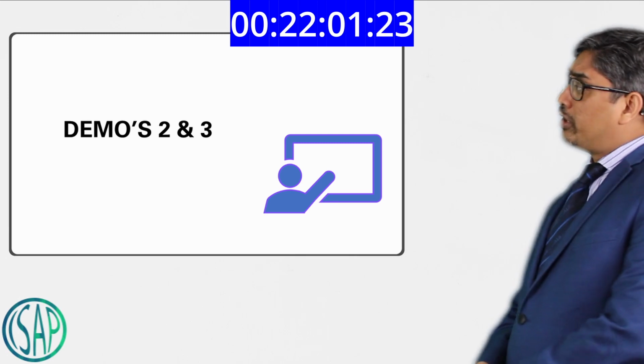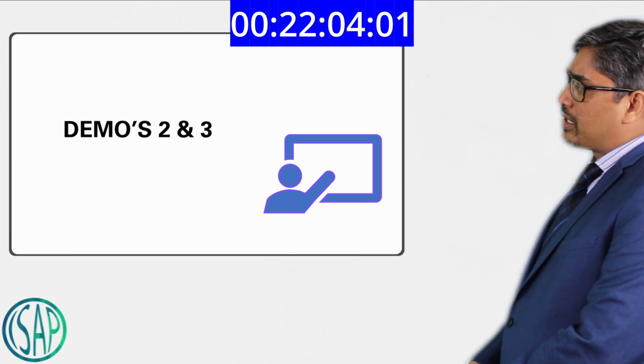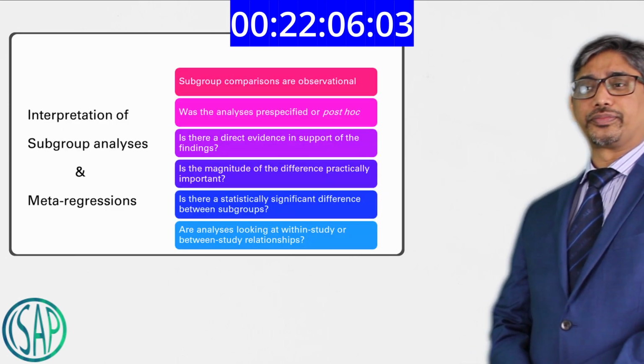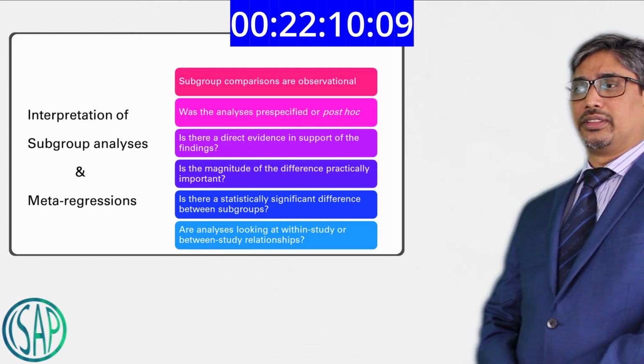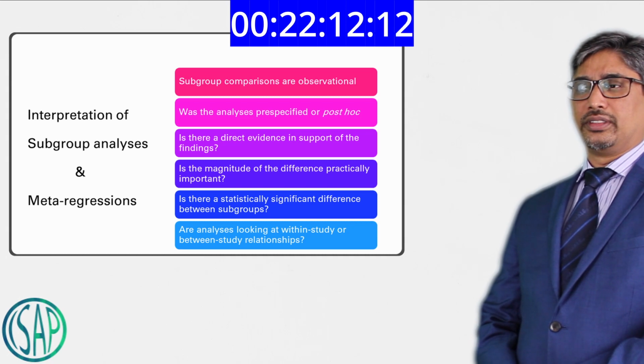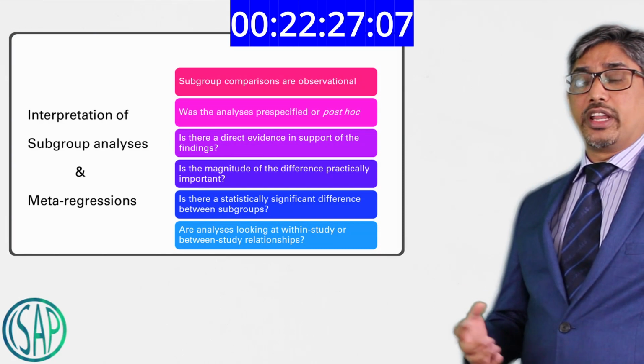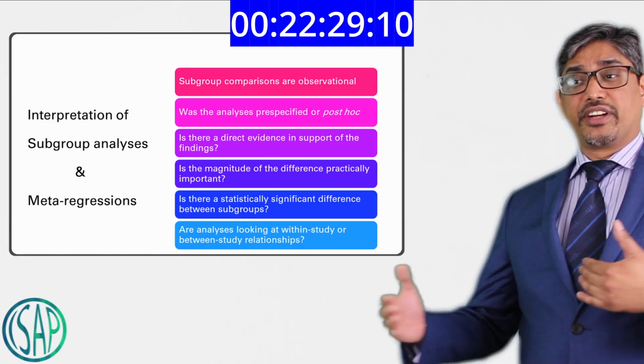Charlie, how will you interpret this subgroup analysis and meta-regression results? So I think when you analyse the meta-regression, you don't take into account the I-squared, it's just the R-squared and the p-value, so you ignore heterogeneity. That's correct. You ignore the heterogeneity when you do subgroup and meta-regression analysis. If the R-squared value is above 50% and the p-value is significant, that means you're able to establish cause and effect relationship.